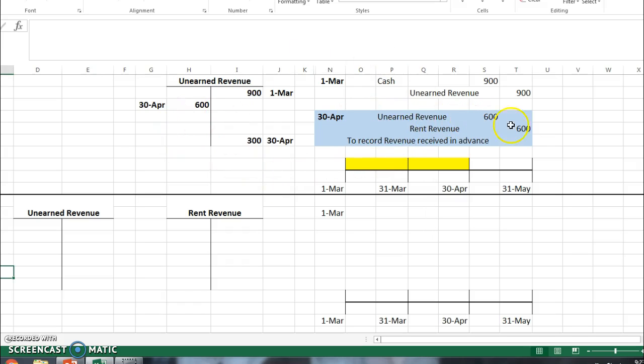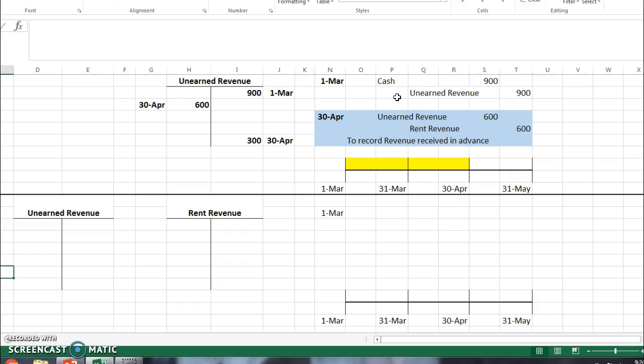So I highlighted in blue so you know that this area right here represents our adjusting entry. And I added a description. You do need to know that in good journal entry format, we always include a description with our journal entry. So here I wrote, to record revenue received in advance. A small description just to explain what's being done. So that is the adjusting entry if we were to initially record the cash receipt as a credit to unearned